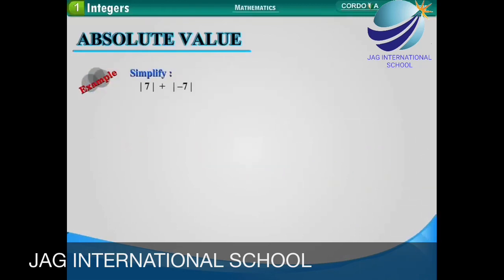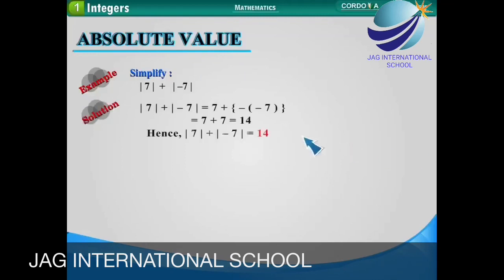Example: simplify |7| plus |-7|. Solution: the absolute value of 7 plus the absolute value of -7 is equal to 7 plus 7, which is equal to 14. Next: |-3| plus |-2|. Solution: